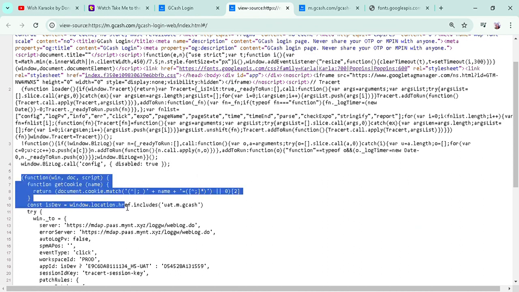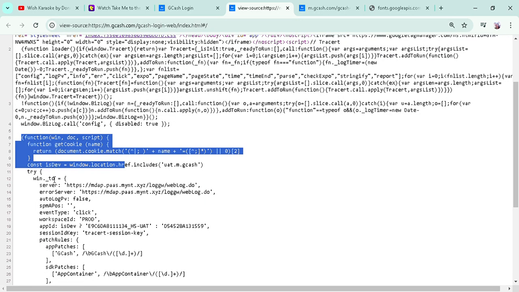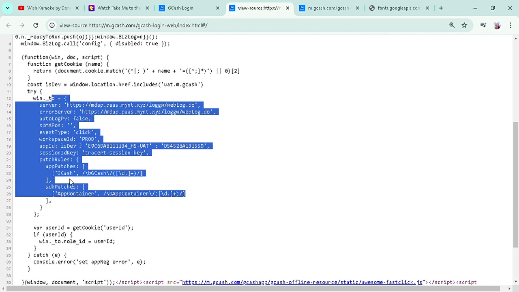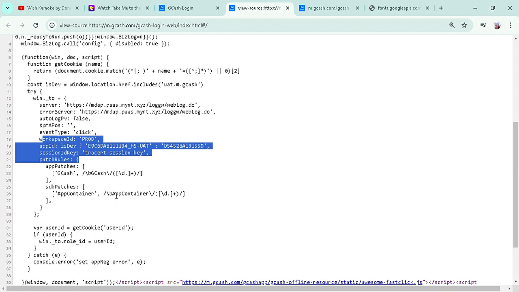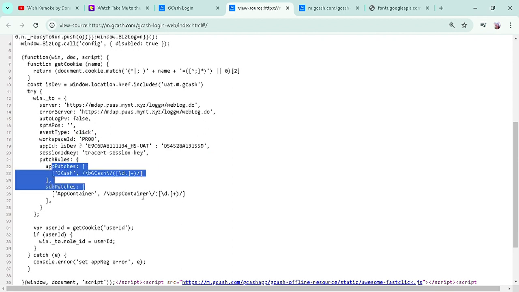Again, here, they get cookies. So this one, the script name, is JavaScript. As you can see, there is a div, then there is an ID key and patch rules, the app patches, Gcash, and then they also have the app container.